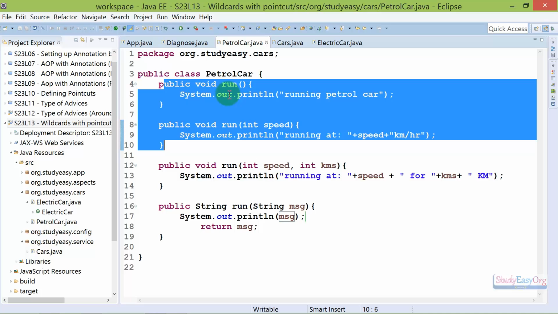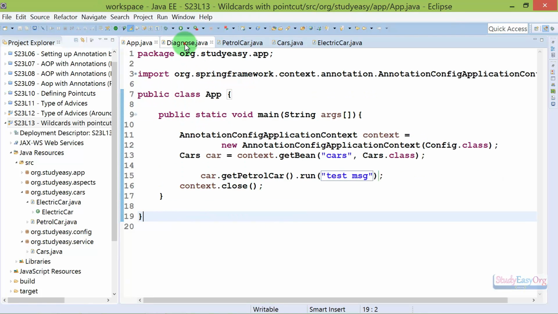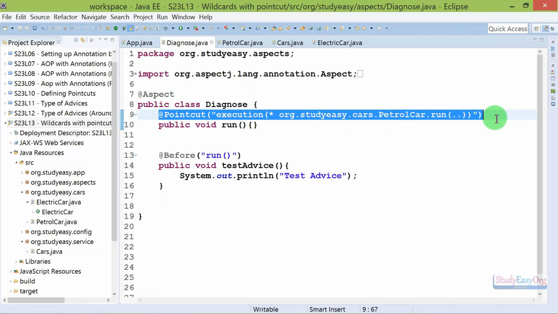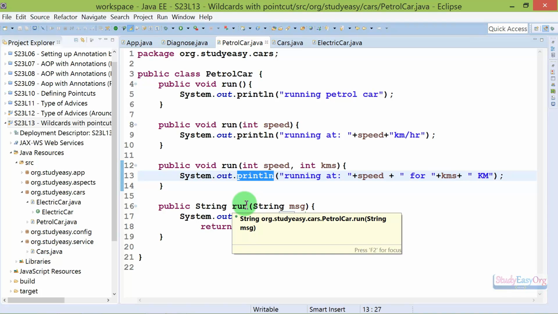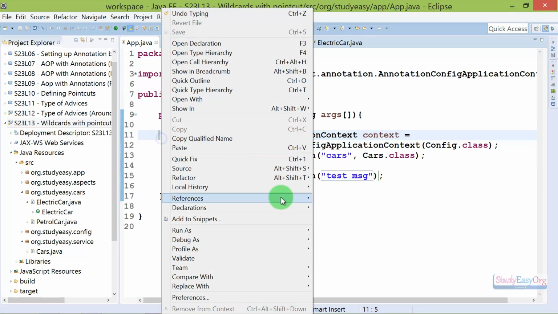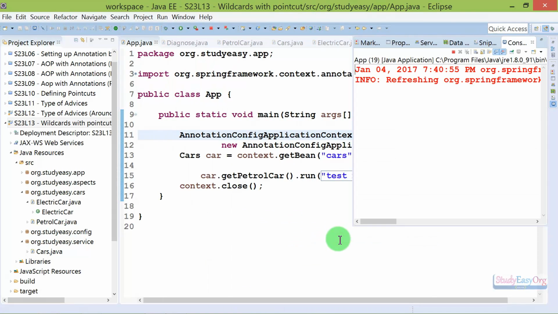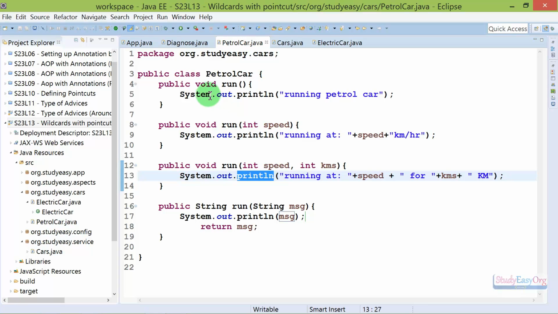Then finally all 4 versions of this run method will get executed regardless of the return type. So now this pointcut expression is a perfect pointcut expression for running all 4 run methods. So all 4 versions of the run method will get executed now. So finally let us check whether our theory works perfectly or not, and this is fantastic. This is working. So this is all about running all 4 versions of the run method using this petrol car